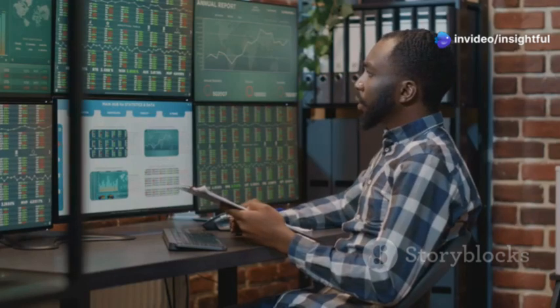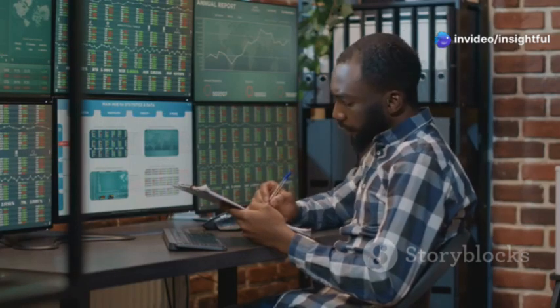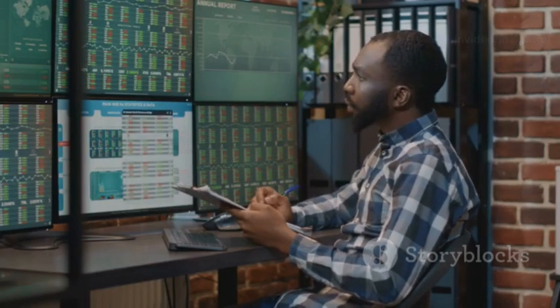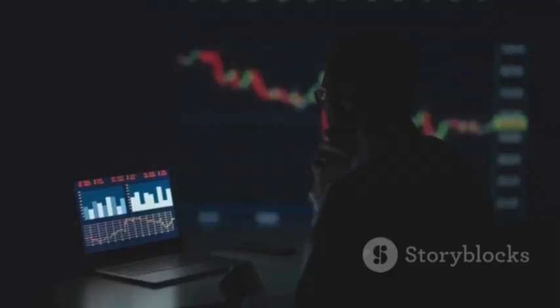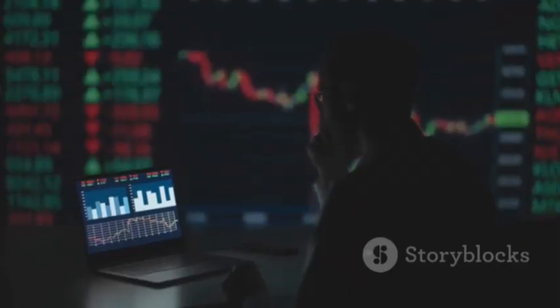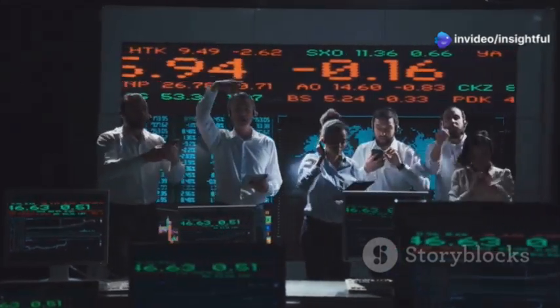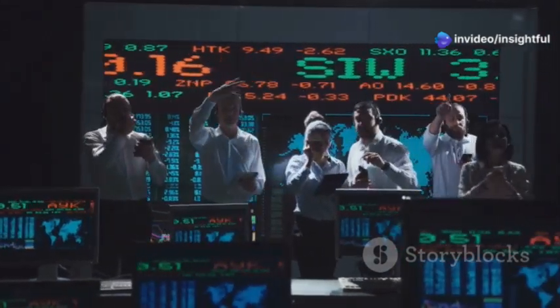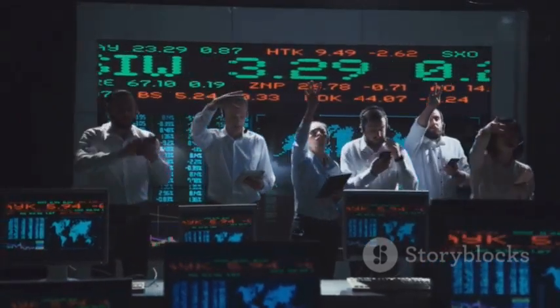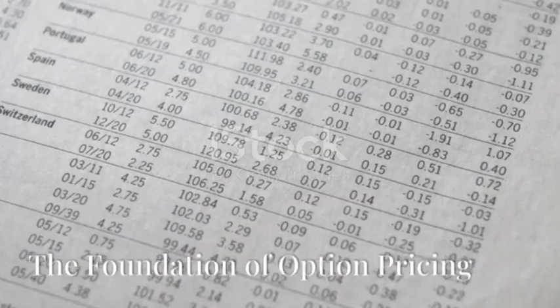This essay will delve into the intricacies of option pricing and explore the role of option Greeks, providing insights into how these factors interact to influence option premiums. By understanding these concepts, traders can make more informed decisions, manage risk effectively, and potentially enhance their trading profits.